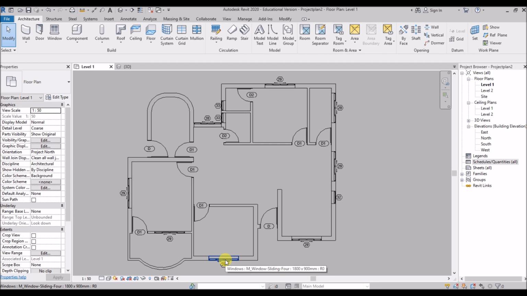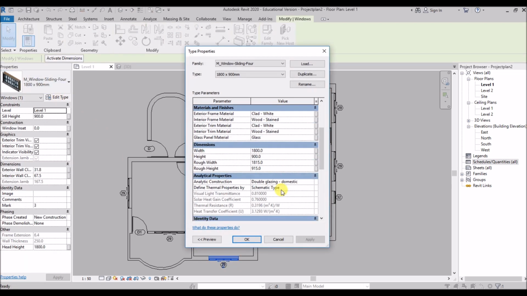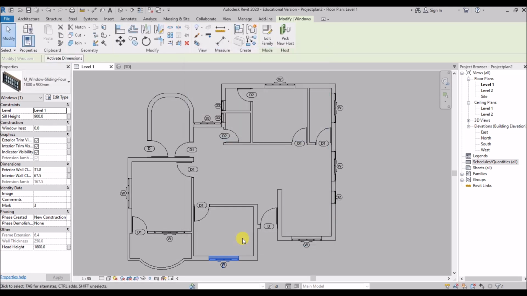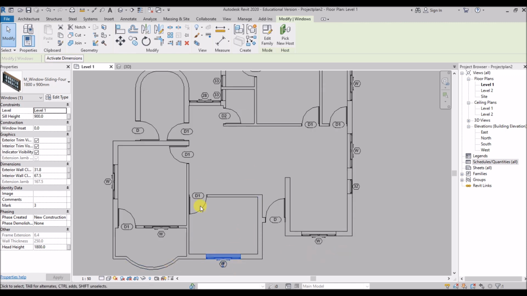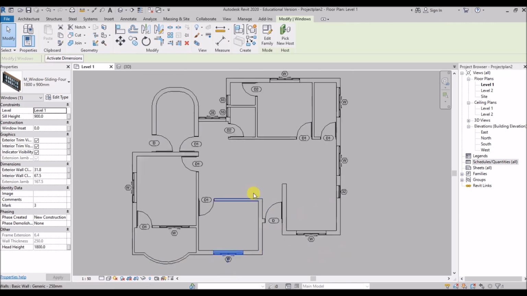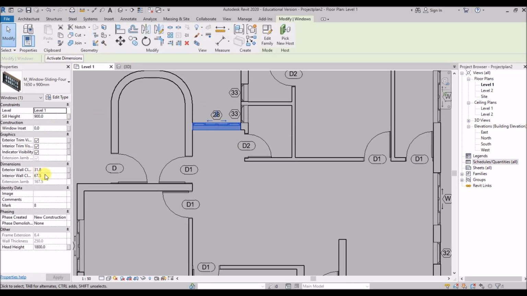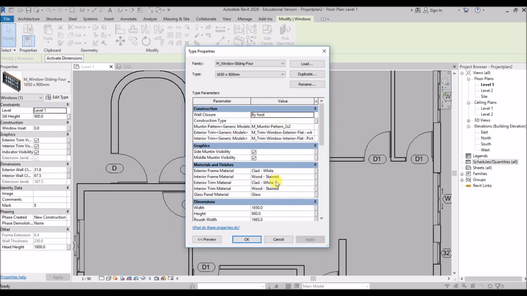Now select this window, click on Edit Type, scroll downwards and change the mark to W1 or instead simply W. Then hit OK. And you will observe tags of all windows of same property has been changed to W. So in this way, change all the tags as shown.